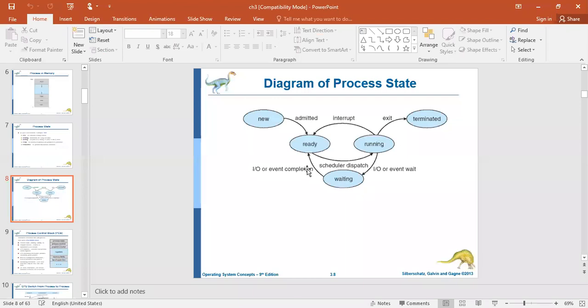Once that is completed, the process changes its state from waiting to ready. Once it is ready, it will get the chance of executing.